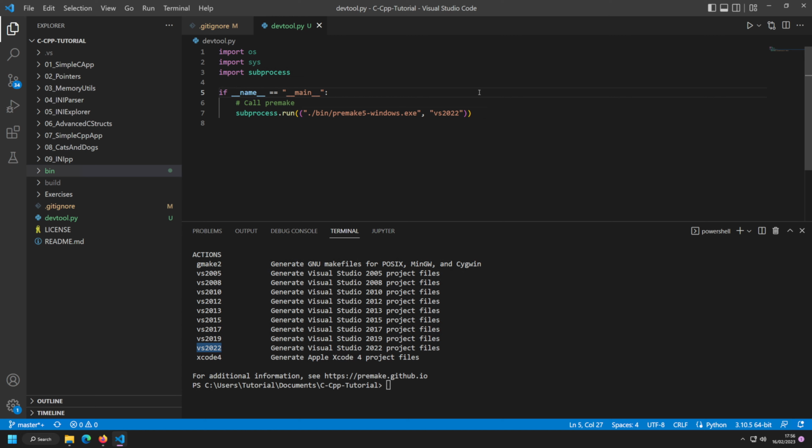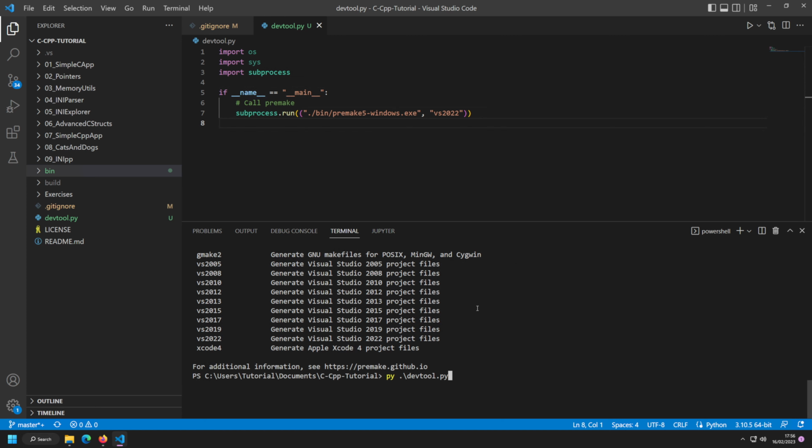solutions. Now, in general, what you would do on a real project is actually try to detect which Visual Studio version is installed. This is possible using the Visual Studio installer, which has a command line interface to find Visual Studio, but that's also a bit advanced for today. So finding the Visual Studio installer and then finding Visual Studio is a bit of a harder way, but it is possible. Right, so if I change this like that and we run the dev tool, we actually get